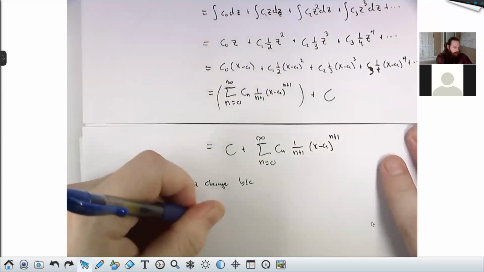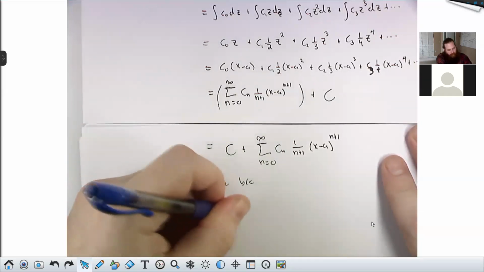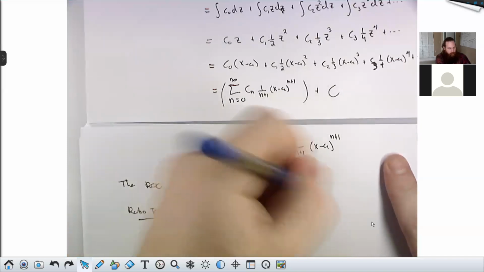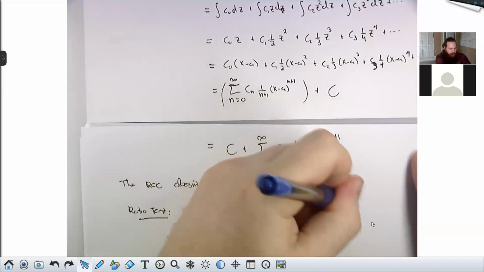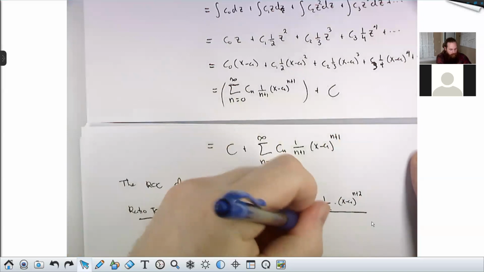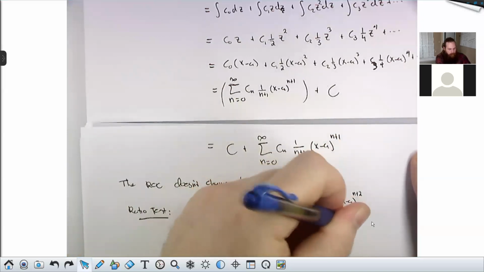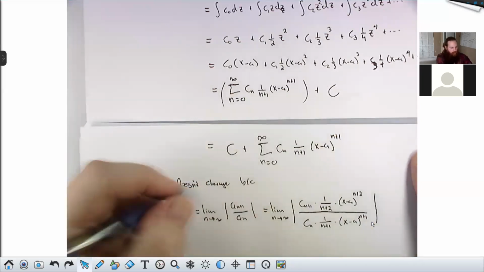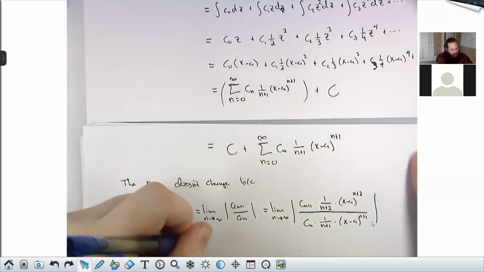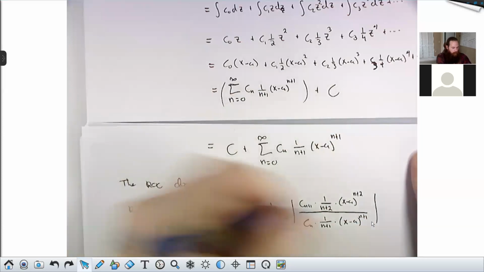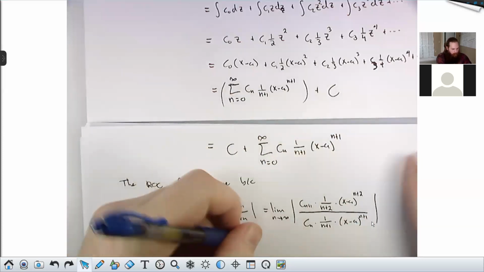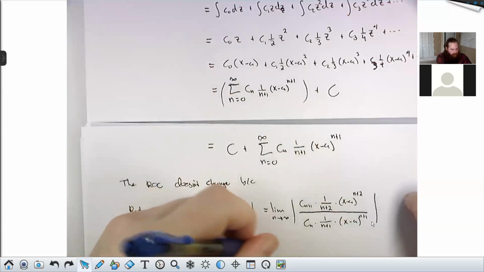L is the limit as n goes to infinity of an plus 1 over an, which is the limit as n goes to infinity of Cn plus 1 times 1 over n plus 2 times x minus a to the n plus 2, all divided by Cn times 1 over n plus 1 times x minus a to the n plus 1, which is equal to the limit as n goes to infinity of absolute value Cn plus 1 over Cn times, I'll flip and multiply here, and I get n plus 1 over n plus 2 times, here I just have x minus a to the n plus 2 over x minus a to the n plus 1. That's just x minus a,